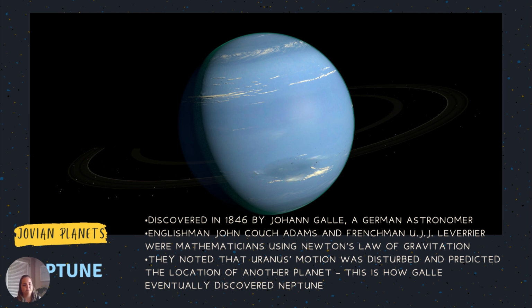All right, and then we have Neptune, which was discovered in 1846, a few years after we discovered Uranus. It was kind of discovered by accident, because they were looking at Uranus and noticed some weird motion that looked like something else was pulling on the orbit of Uranus, and that happened to be Neptune.